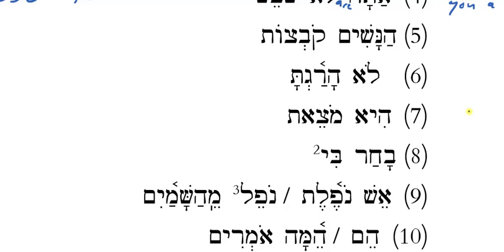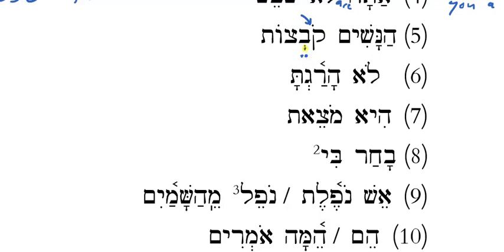And remember, your participles are distinguished by that root one having a holem or a holem vav, that O sound. So if you look at number 5, kovatsot, you should assume that that's what kind of a verb? Well, I mean the ending, but I'm talking about the holem here. Okay? That's a participle, right? Now, why don't I have the tsere here in kovatsim? Why is it not kovatsim or kovatsot?